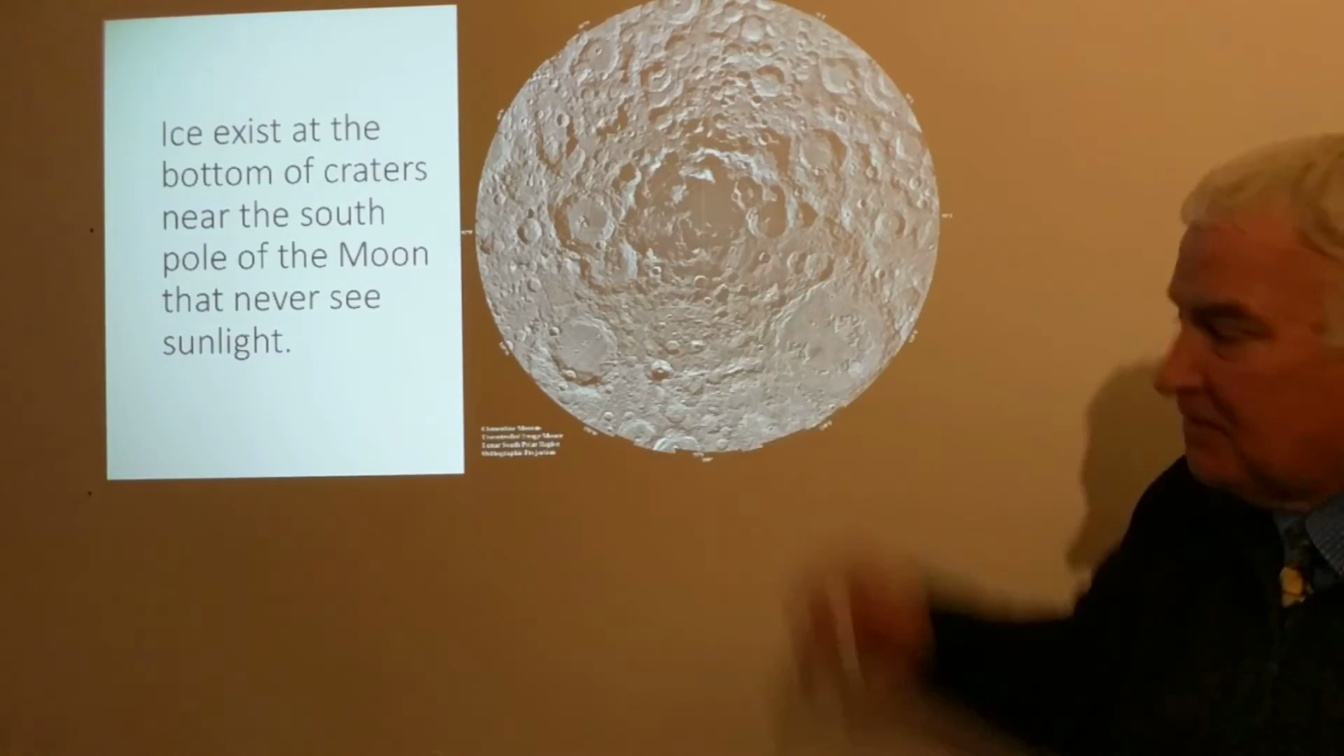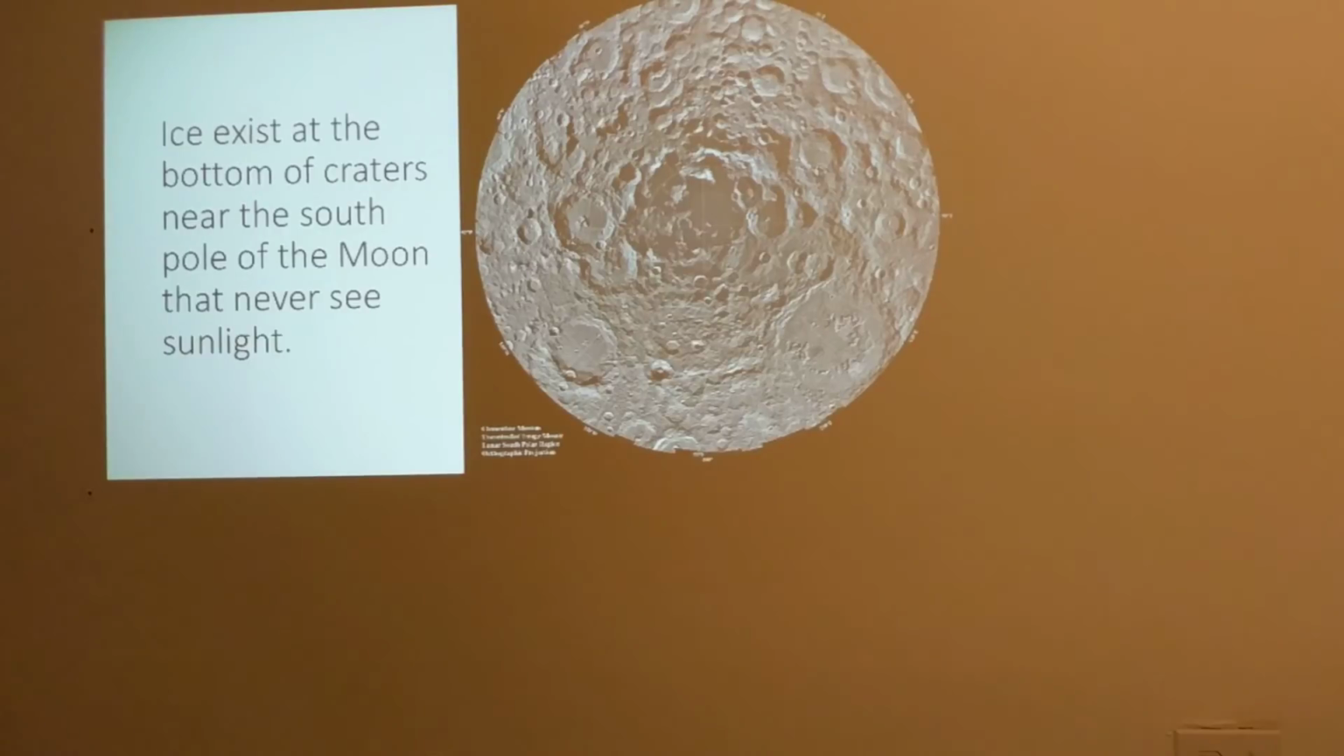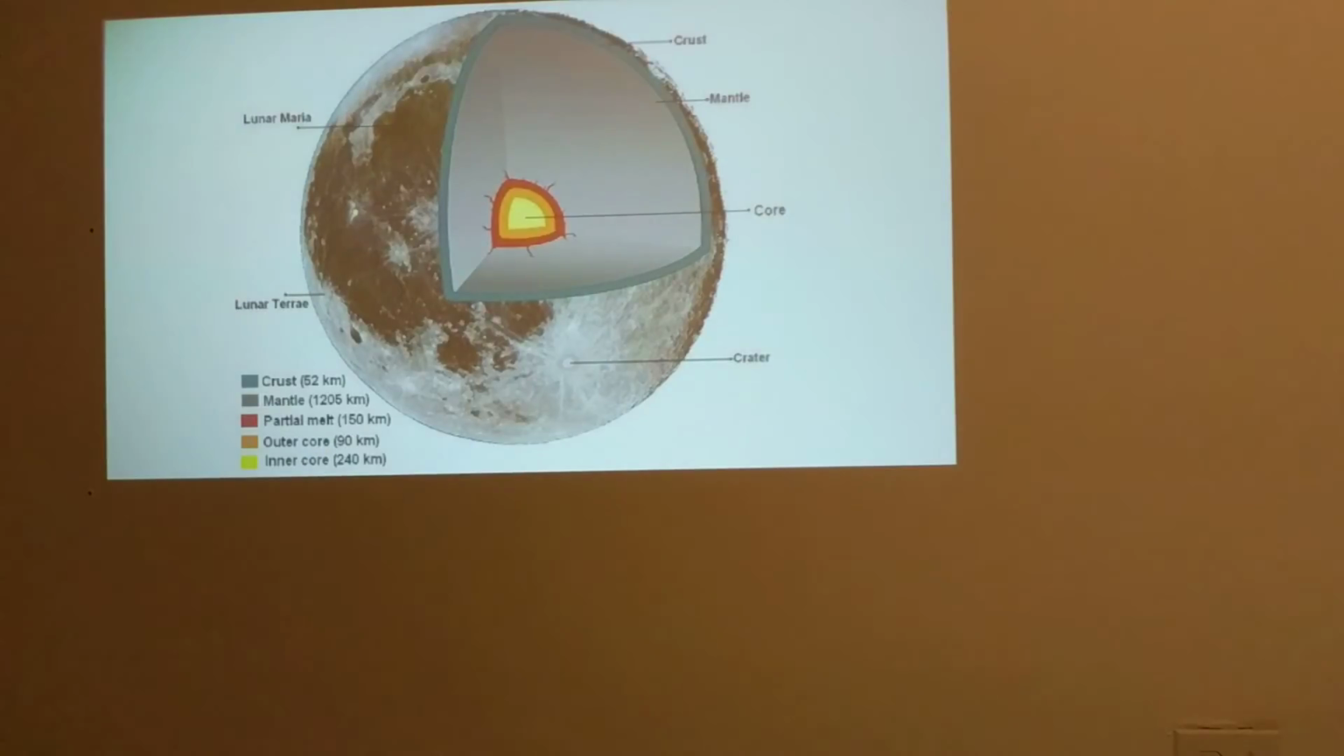And at the bottom of various craters at the South Pole of the moon, something similar to what we have on Mercury, ice exists at the bottom of the craters that never see sunlight, and so the ice never melts. So as far as the structure of the moon goes,